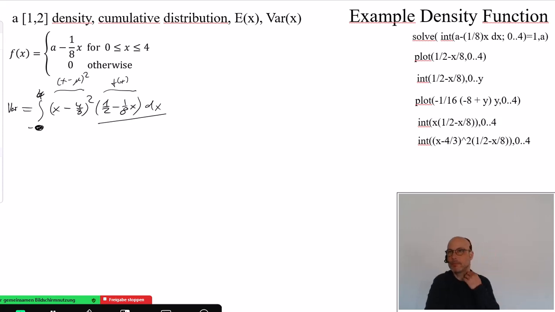Any idea? I post this as homework. Well, we could use the product rule, but maybe a little bit easier would be that we just multiply